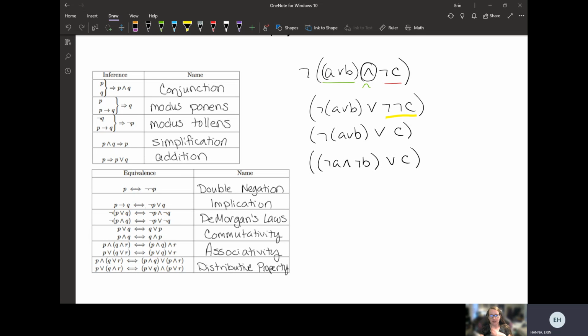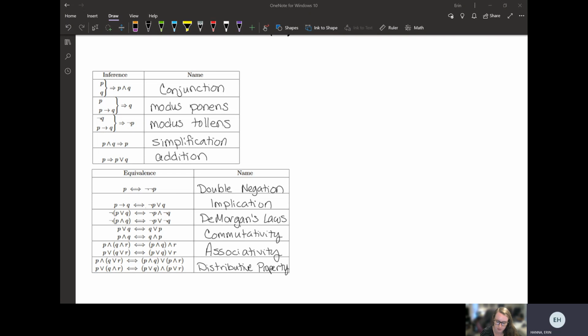So you really need to take a step back and not exactly focus on finding these exact letters in the exact order. You just want to look for the pattern. Do you have some not P or Q? Do you have P implies Q? And that can be anything. It can be dog implies cat. It can be I'm drinking tea implies I'm sleepy, as long as you have an implication or whatever that kind of pattern of that rule is. So that is especially difficult, I think, when it comes to doing the proof